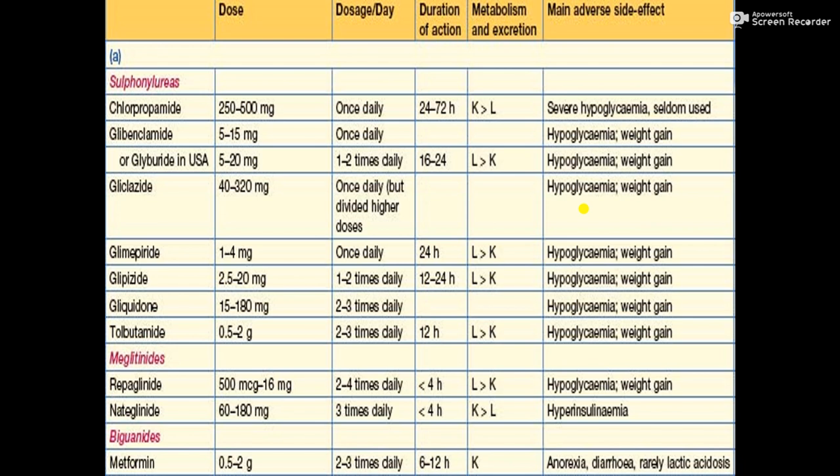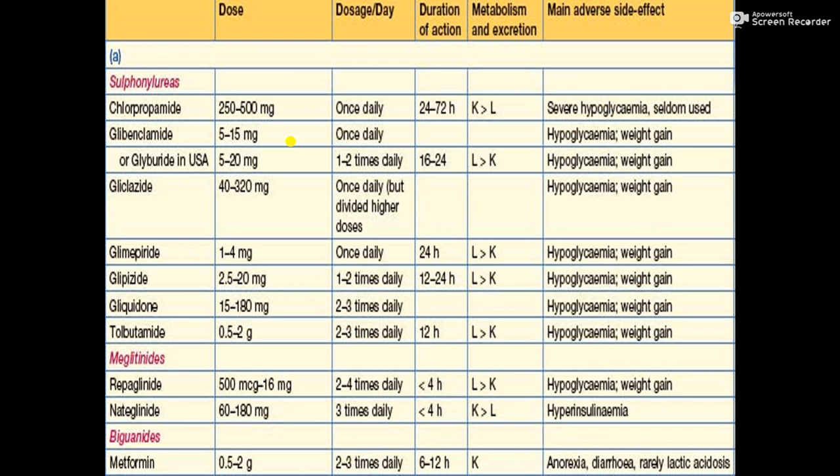Let's see this table. In this table you can see the different drugs which are available in the market by different names. The first one is sulfonylurea. These are the different brands, their doses and dosage, duration of action, metabolism and excretion, and main adverse side effects. The sulfonylureas include chlorpropamide, glibenclamide or glyburide in the USA, and